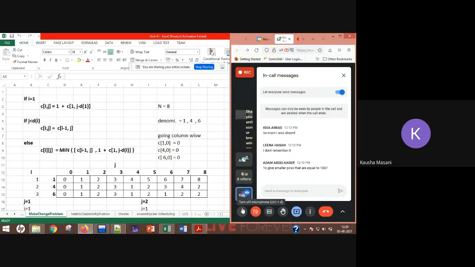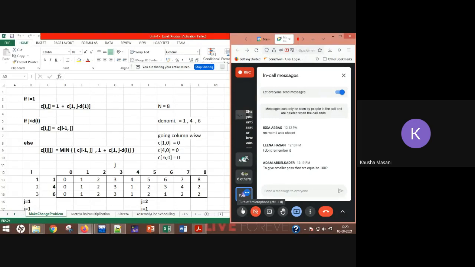In the make change problem, you will be given the value capital N. As you can see on the screen, capital N will be given to you. That capital N is your 100. Denominations means the coins that are available: 1, 4 and 6. That means I have a coin of 1 rupee, a coin of 4 rupees, and a coin of 6 rupees.